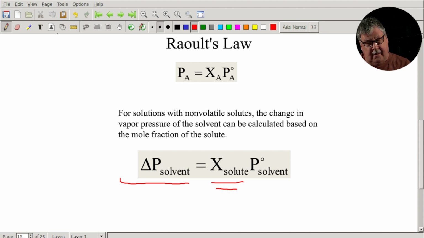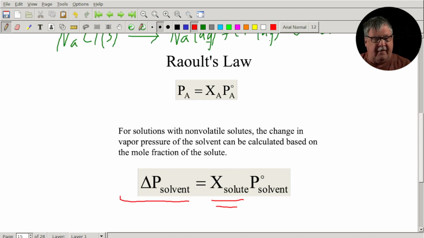All right, now there's some problems with this, and one of the reasons that I present it, but don't really spend much time with it, is that if you think about the derivation of Dalton's law of partial pressure, it's based on ideal gas relationships. If you want to review that, you can go back and look in chapter 10, because Dalton's law of partial pressures is derived. It's fairly easy to derive, assuming you have ideal relationships.